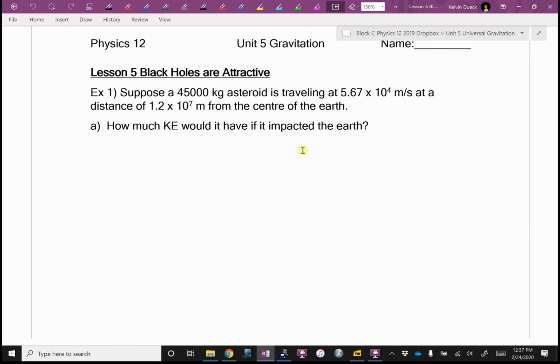So can I write gravity is what's pulling me in a circle? No. Did this ask how much work? No. So how am I going to solve this? Conservation of energy. I'm not going to go K equals a half mv squared because that would be how much kinetic energy it had in space. I want how much KE it's going to have if it impacts the Earth. Newsflash, I think it's going to have more. So this is going to be